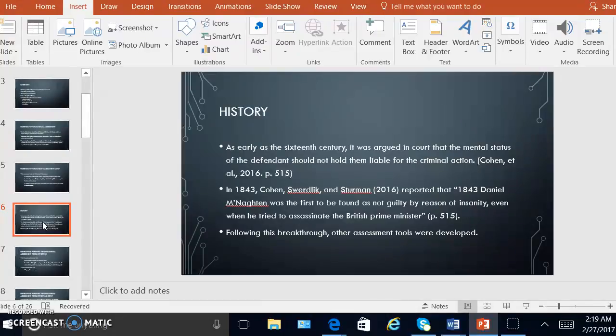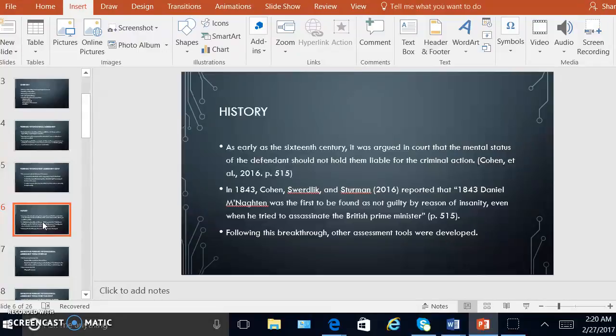The history of forensic psychological assessments. As early as the 16th century, it used to be argued in court that the mental status of the defendant should be considered before finding them guilty for a crime that was committed. But in 1843, it marked a